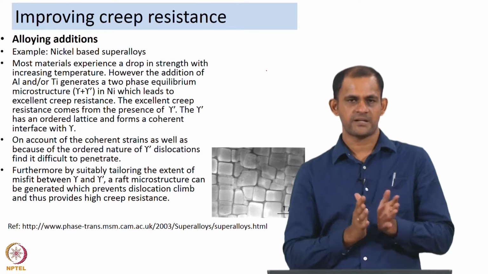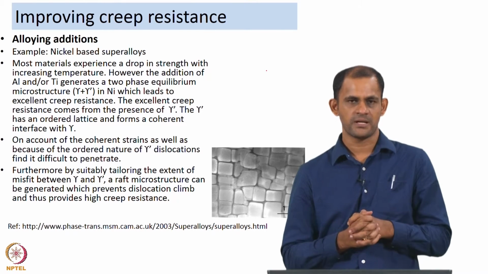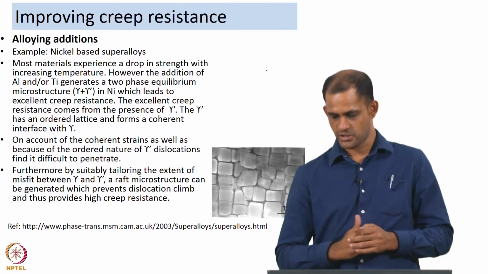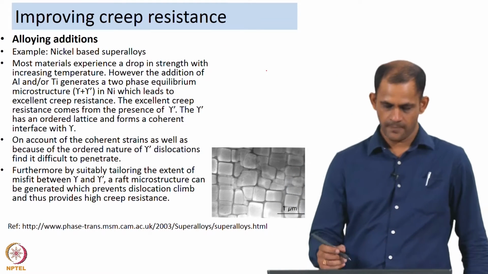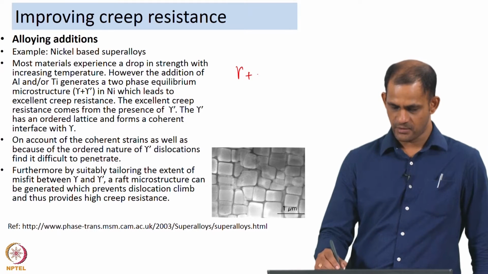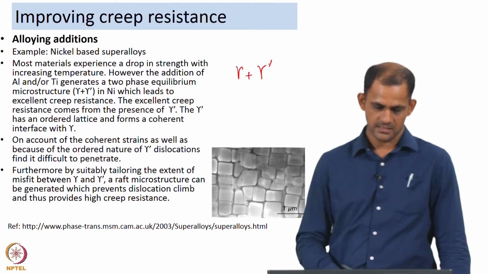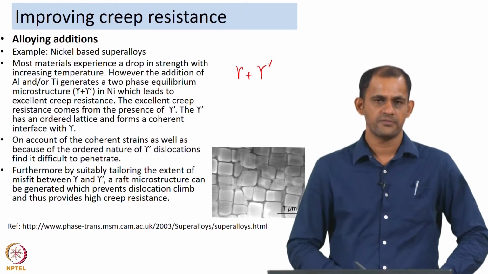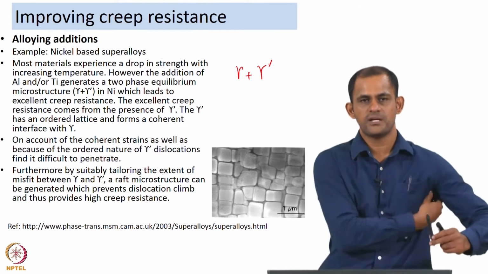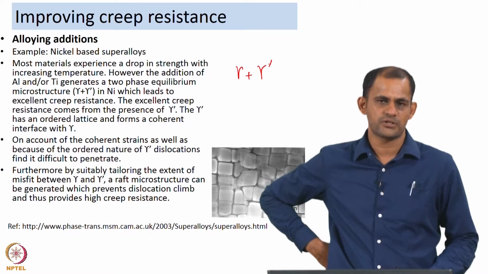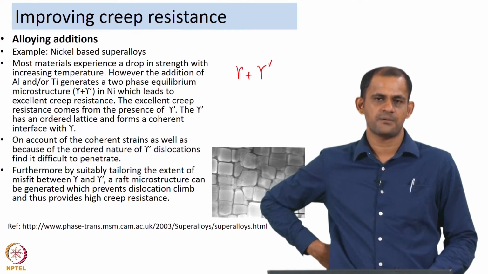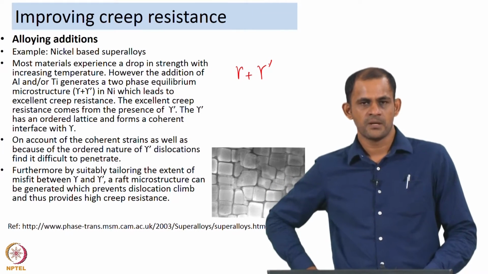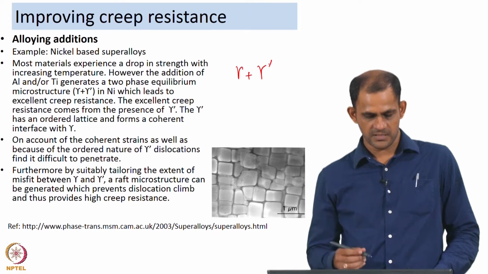The aluminum and titanium elements, when they are added to nickel, allow the development of a two phase equilibrium microstructure. So, you have a two phase microstructure, the matrix is gamma, and you have a second phase that forms, which is known as gamma dash. So, this two phase microstructure leads to the development of an excellent creep resistance. So, here the aluminum and titanium addition is actually causing the development of a microstructure which is creep resistant,